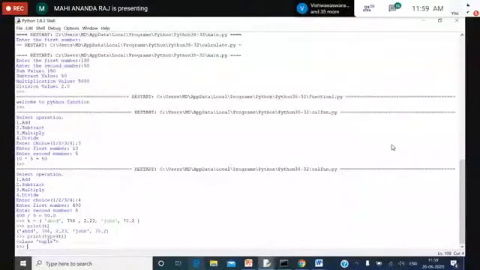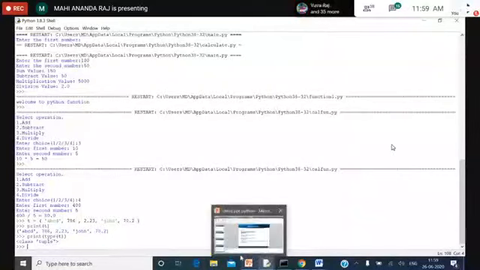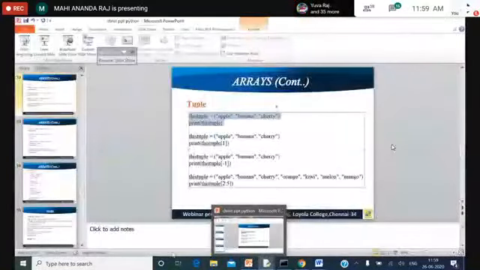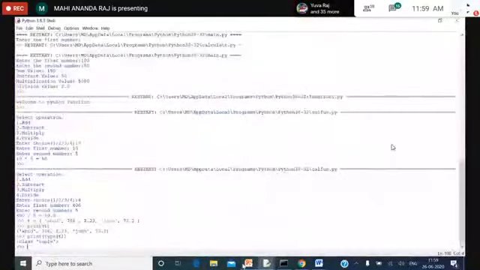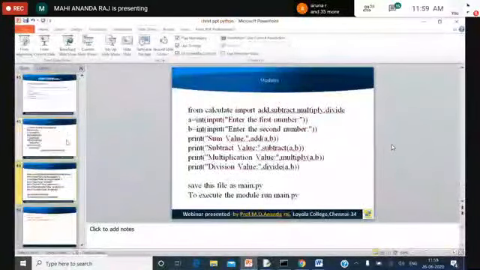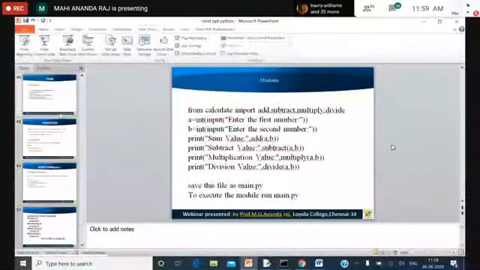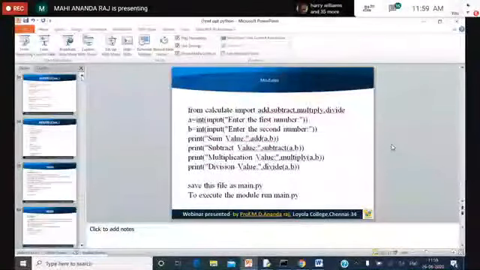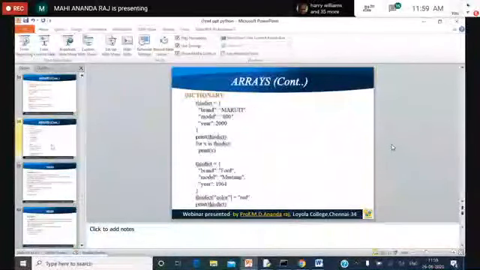Similarly for set, you can type the same code, I will show it here. This one. So this is set and dictionary.